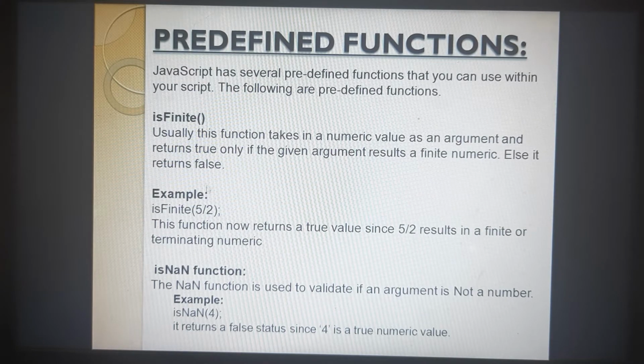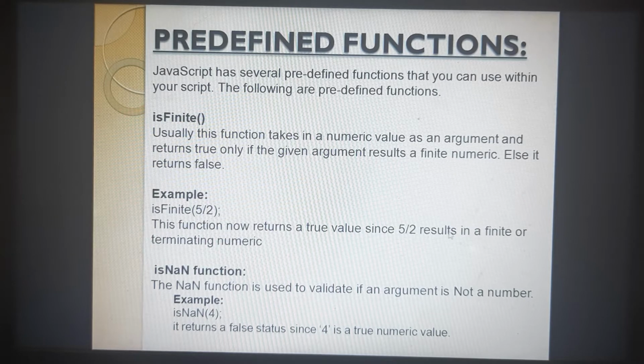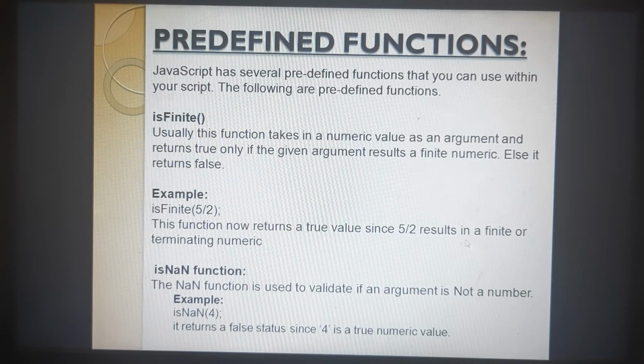Else it returns false. In the example I have written, isFinite is the name of the predefined function, with 5 divided by 2. So this function returns whether the result is infinite or a terminating numeric. Now if I go to the example,